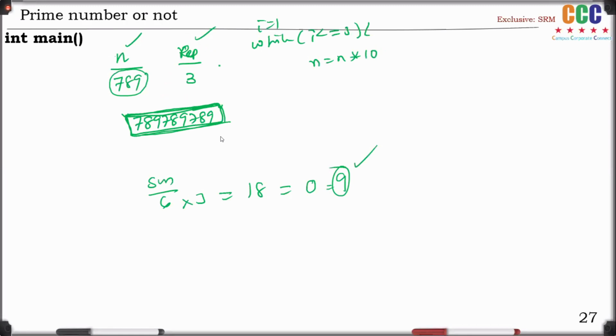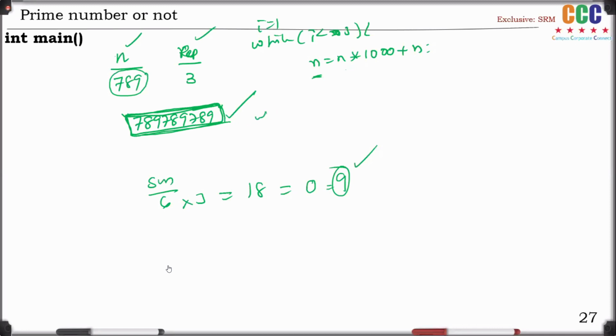Then in this case, 789 by some operation: n into 1000 plus n. Then what we get? 789 into 1000, 789,000 plus n, 789. Okay. Second time. Third time, 789,000 into plus. Then we'll get this much bigger number.